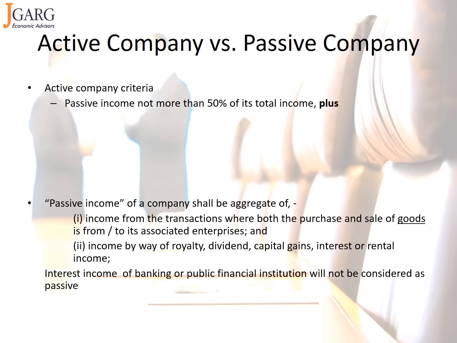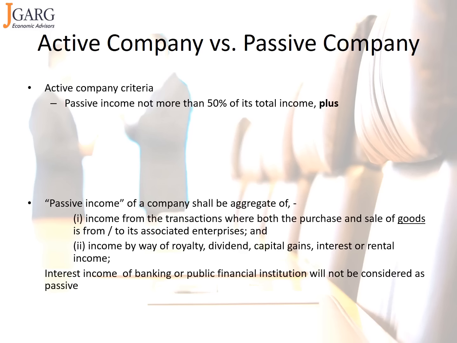Interestingly, the word which is used is the sale of goods. So the question comes whether sale of services, or transactions of buying and selling of services, will get covered under this criteria or not. If this had been in the law, one would have read it strictly and interpreted the term goods as goods. But this being guidelines, probably the interpretation can also be that goods include services, because the idea is to catch the pass-through entities.